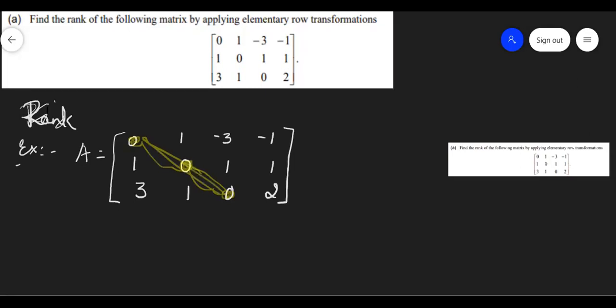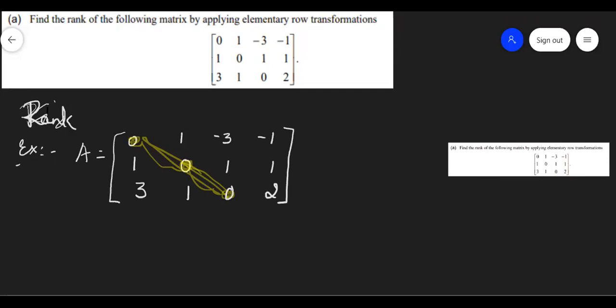So if all diagonal elements are 0, we cannot perform any operation. Okay. So in this case, don't start reducing into a triangular form. First, you need to rearrange, and you have to take care that the diagonal element should be non-zero. Now here, the first row, first column element is 0. I cannot reduce these two as 0 with the help of this. So first, we'll make it a non-zero quantity.